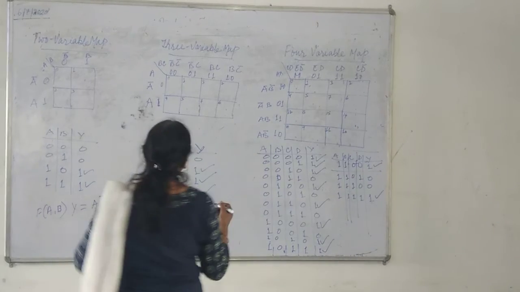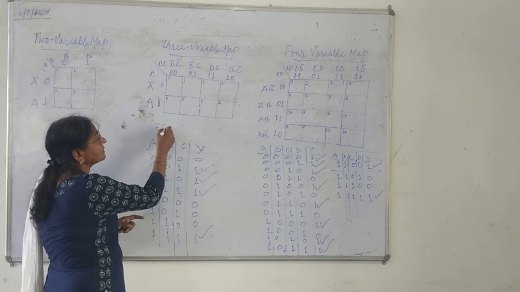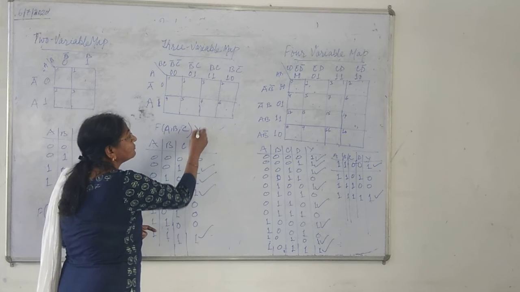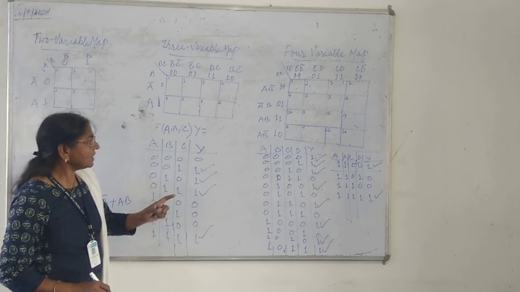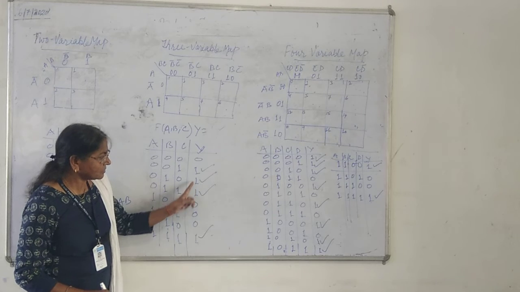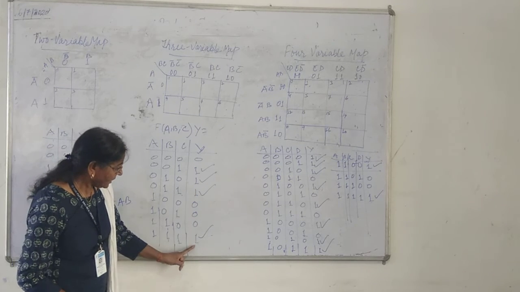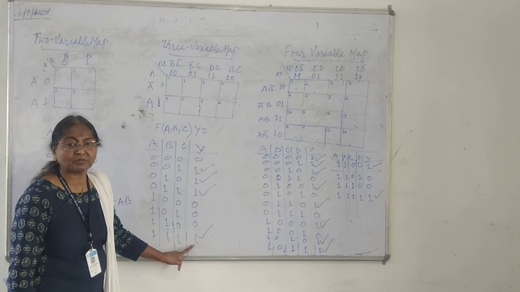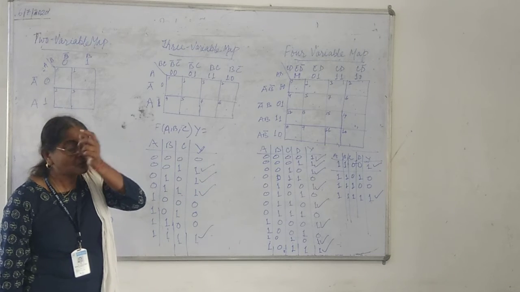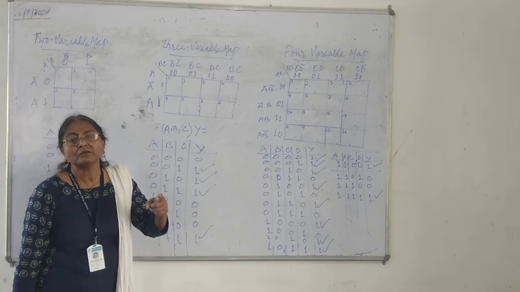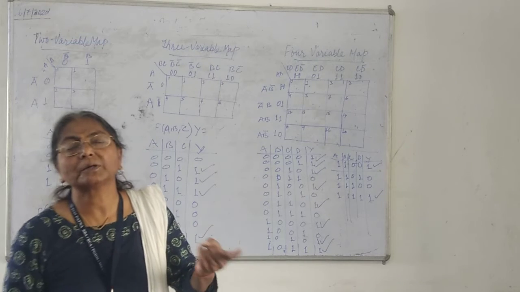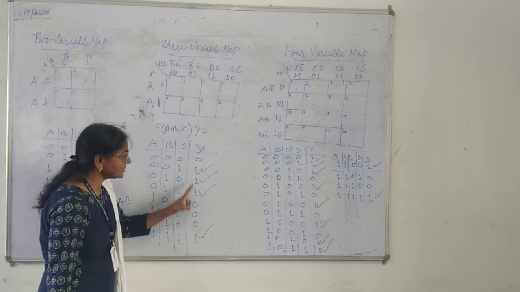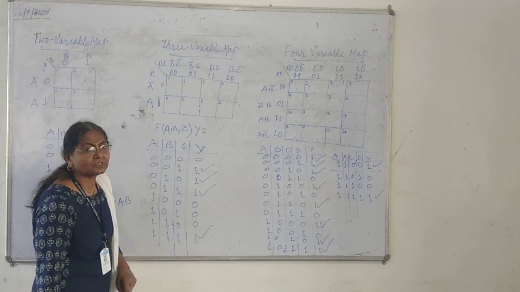In the same way, when I write the SOP equation here, what is the function variable? The function variables are A, B, C. Here I have considered 3 variables, A, B, C, and Y is equal to what? Where have I got the output 1? At M1, M2, M3, and the last one is M7. So how will I write the SOP equation? The SOP equation is a logical sum of those fundamental products for which the output is logic 1. So where I have considered the output logic 1, for this and this, what is the sum of product equation I will write?